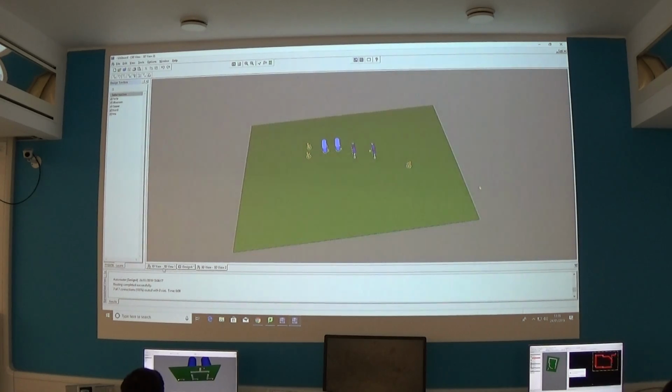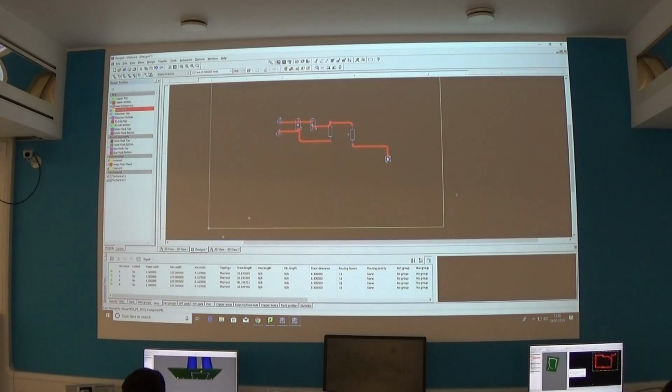Now doing that by hand is quite tedious, but doing it with an auto router, if it's possible to auto route on one layer, the machine will do it for you. Sometimes it's not, because what happens is you need one track to go through another track, which clearly isn't possible. So under those circumstances, what you will see is